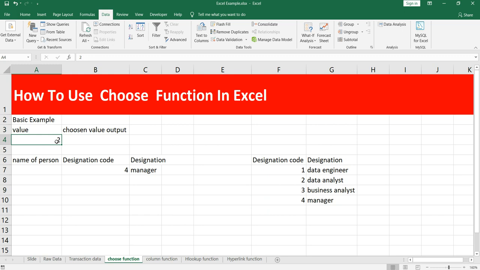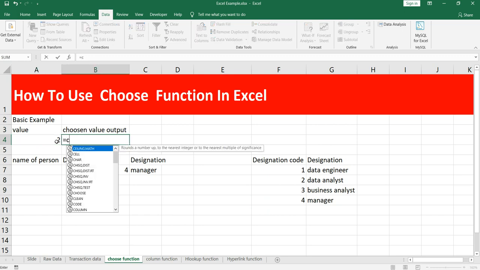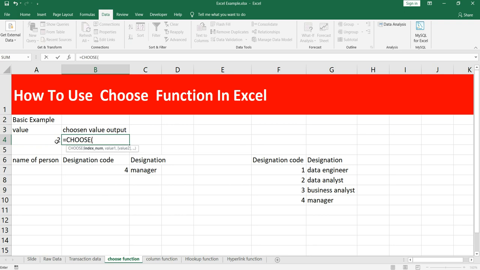Let's see. For example, if I input the formula which is CHOOSE, then it gives me two arguments. The first argument is the index number and the second argument is a value, or another value, and it goes on. So if you have n number of values, then n number of outputs should be given for those values.